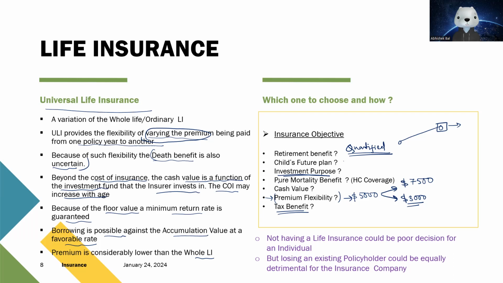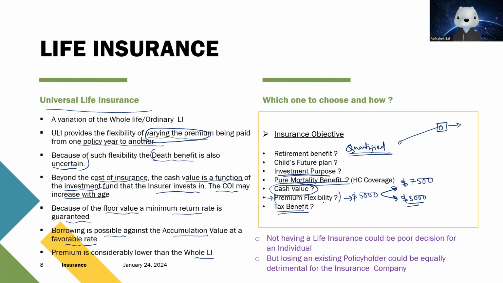Or he's managing his own investment. He's not bothered about the investment portion. He is simply bothered about the mortality benefit. Is he looking forward to building a huge corpus? So all of these questions, these are not exhaustive in nature, but all of these questions need to be answered before one may make an informed decision and pick up the insurance policy that suits his or her purpose